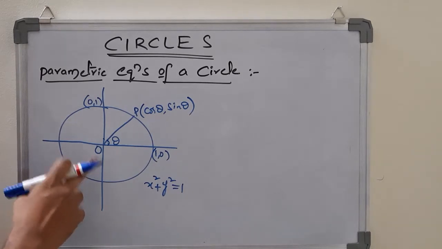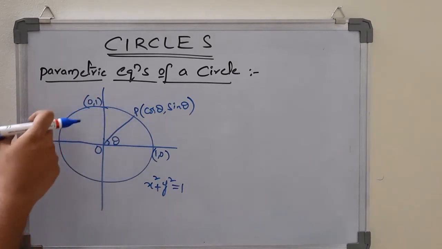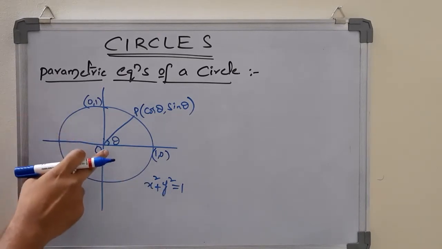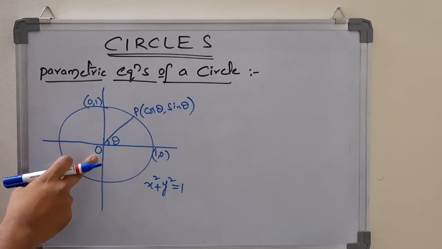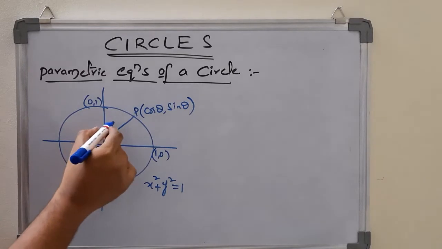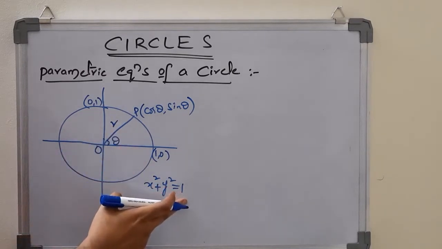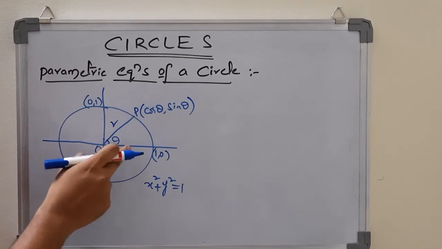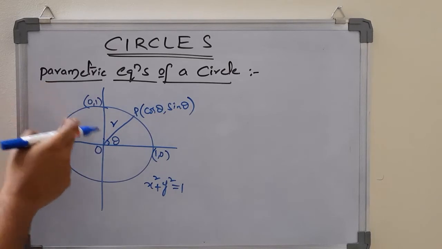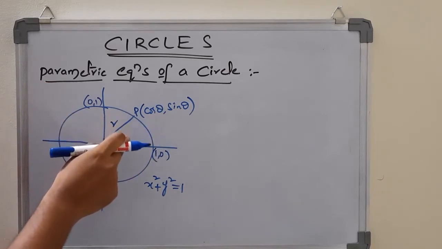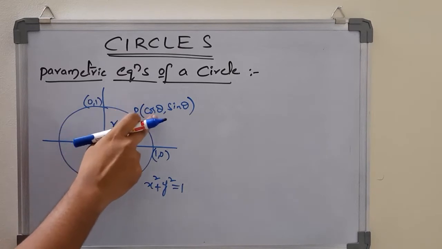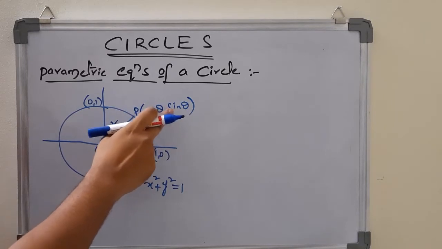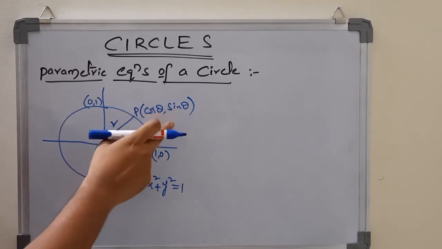Let's start by looking at the unit circle. We drew a unit circle here, which is x square plus y square is equal to 1. It's centered at the origin (0, 0) and its radius is r equals 1. Now if we make theta the angle between the positive x-axis and the terminal side, then the x and y coordinates of this point on the terminal side are going to be cos theta and sin theta. Those are the unit circle definitions of the cosine and sine.